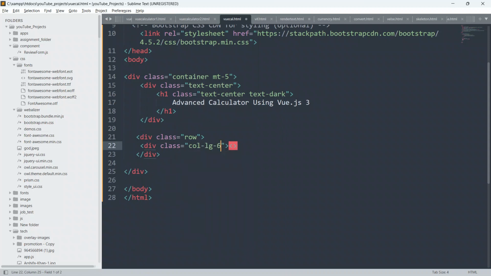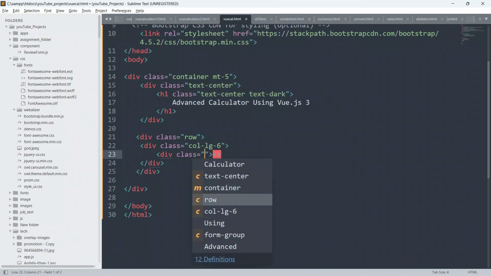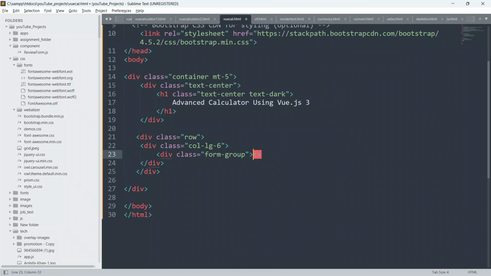So guys, this is the predefined classes in bootstrap. Okay, so guys, these all classes are predefined classes inside the bootstrap. Okay, so that's why I am using here bootstrap also. So I'll just close this div. Okay, and inside this div I'm gonna create another div. So create another div, give it a class also as a form-group. Okay, and just close this div, and inside this div